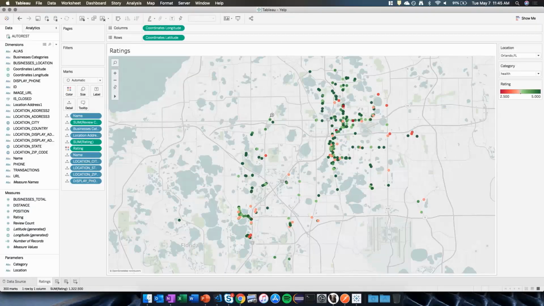I just wanted to show a quick example within Tableau from a BI reporting tool perspective. This is using the Yelp API, just what I was showing you within that SQL tool. But that SQL tool isn't necessarily the most exciting thing to look at, right? You just have rows and columns of data. Anybody can really do that. But from a practical perspective,